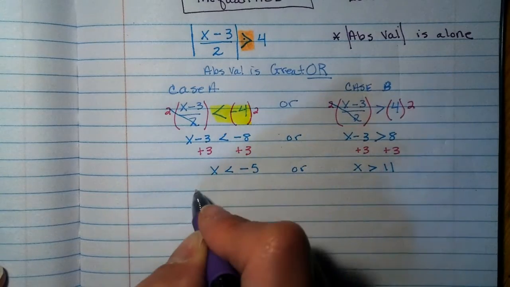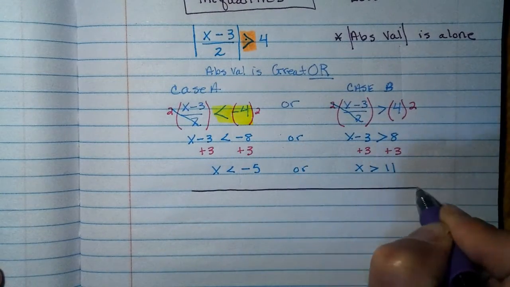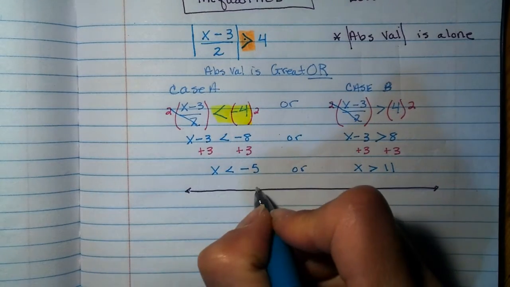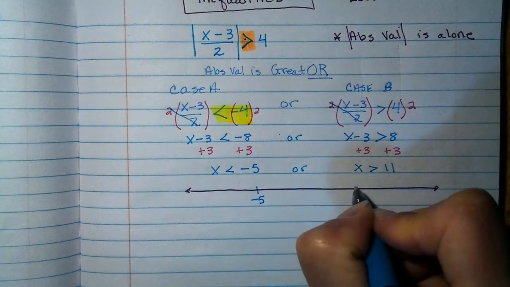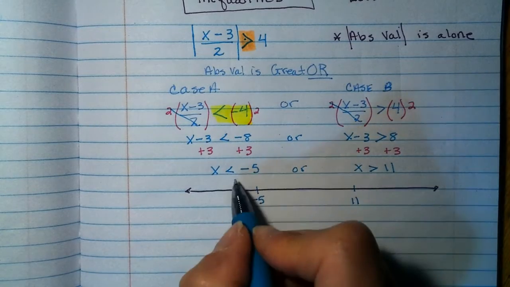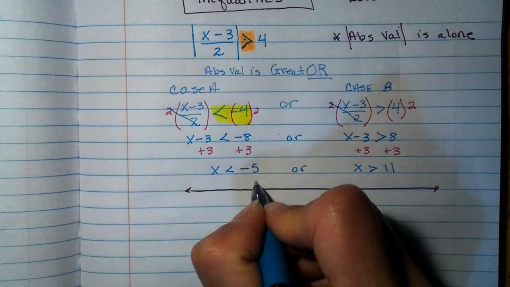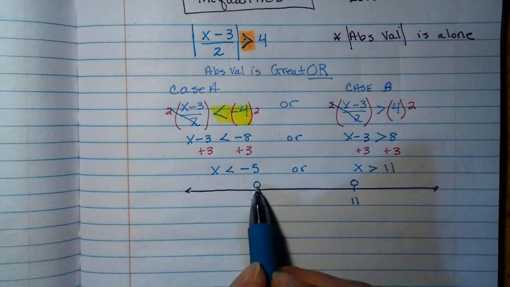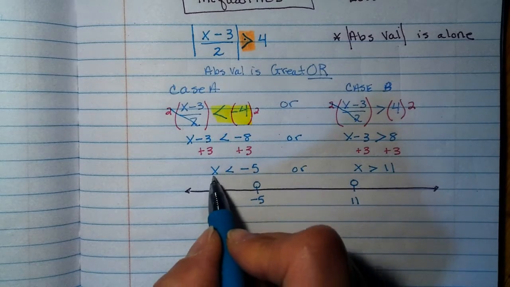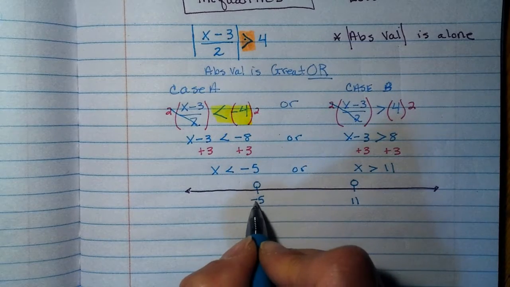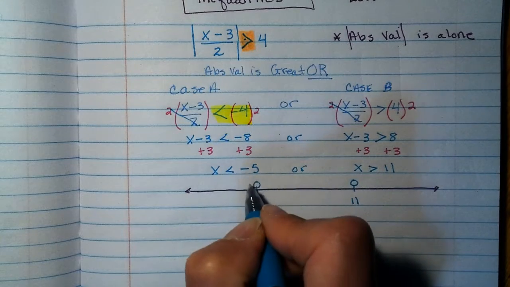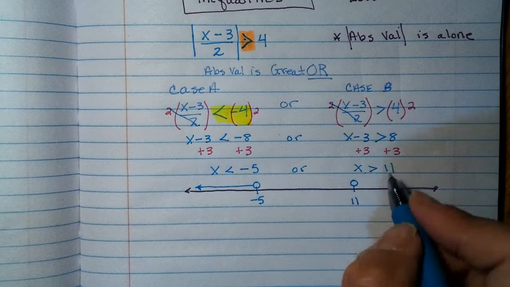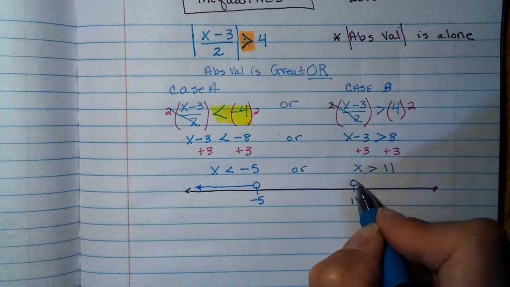So I'm going to put my number line. I'm going to mark on there where my negative 5 is, where my 11 is. Because I do not have an equals there, I have to put an open circle. If there were an equal sign there, I would fill in the dot. Now, where is x smaller than negative 5? Well, these numbers get smaller as I go to the left. And where is x greater than 11? Well, this is 12, 13, 14, so